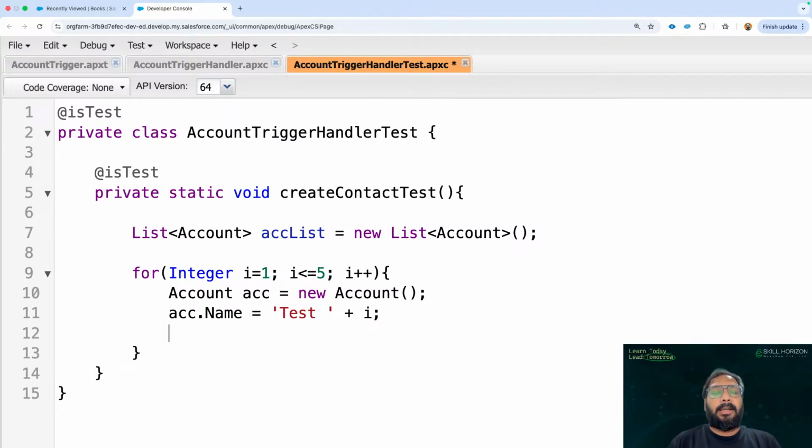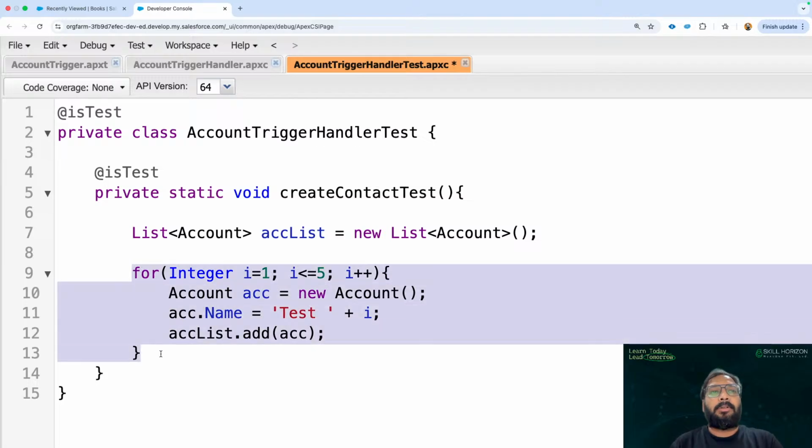This way I am assigning this name into the name field, and after that I can add this account into the list. So this is how 5 account instances will be created, and one by one they will be added to this